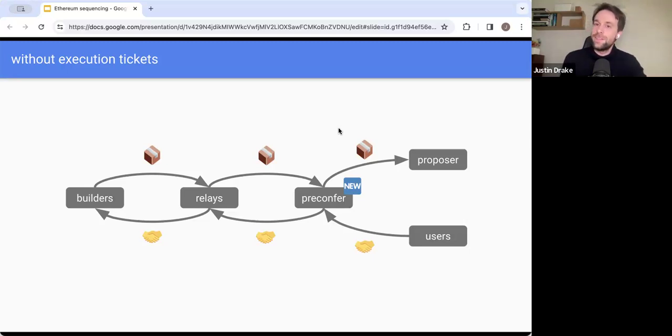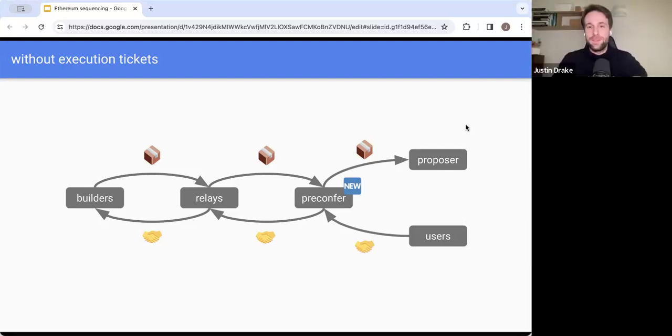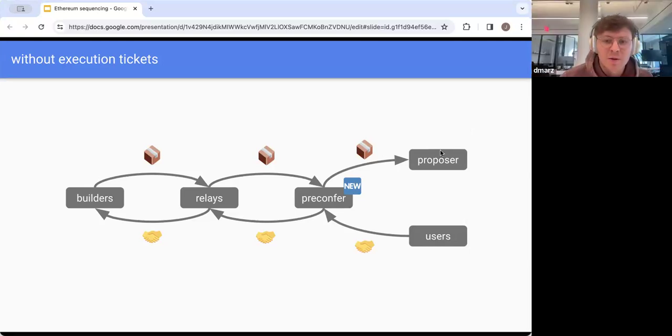Dan. Yes. Question. So in the setting where for one proposer, we have multiple pre-confers. Yeah, I believe that would be desired because if the user picks it, then we would need multiple. And so I think the complication there is how they coordinate so that they can be sure of what state they're executing on, right? So I'm curious if you've thought about that.